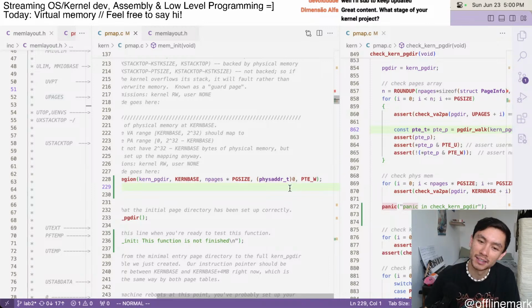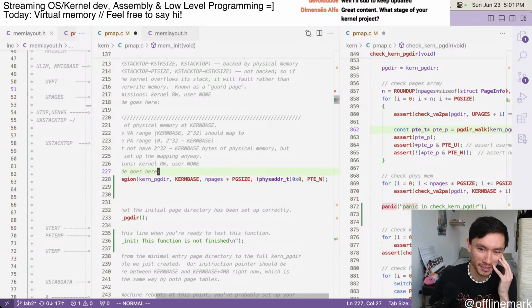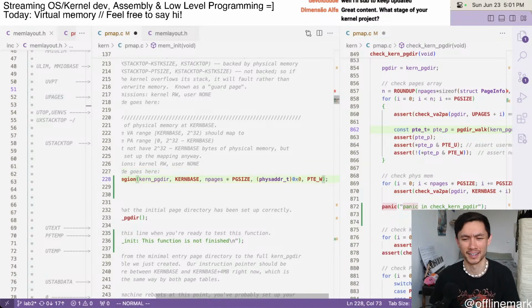I feel a little bit weird about just passing in a 0 like that, so I tried to cast it to physaddr_t just to communicate that a little better to the reader of this code. Because it's usually kind of odd, as that is like a pointer. Maybe I'll add the 0x just to be a little bit more clear. I don't love that either. Anyway,